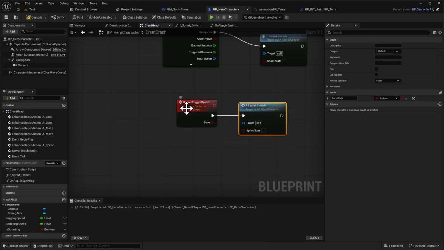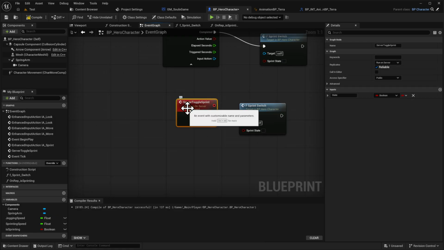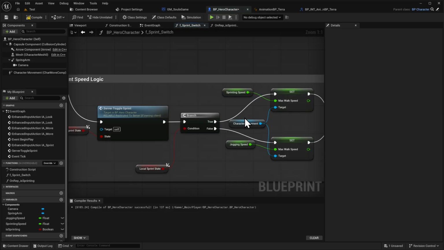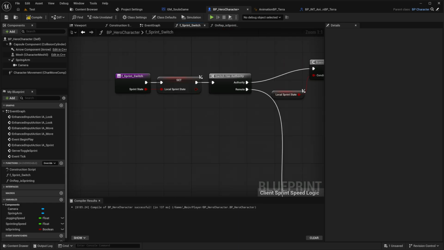It is a custom event which is run on server and reliable. And the sprint state which is given, we have to connect it here. We have just connected it. So we are sending the sprint state with the server. And when the server is getting called,